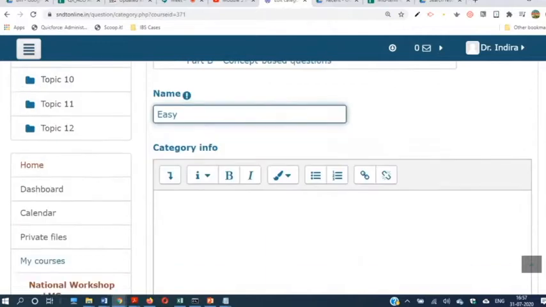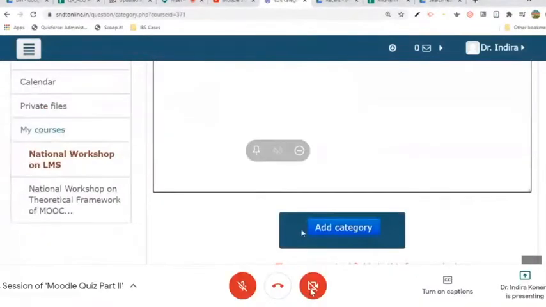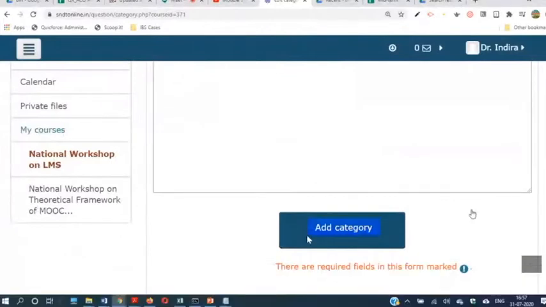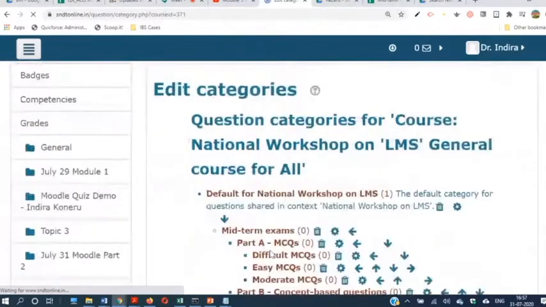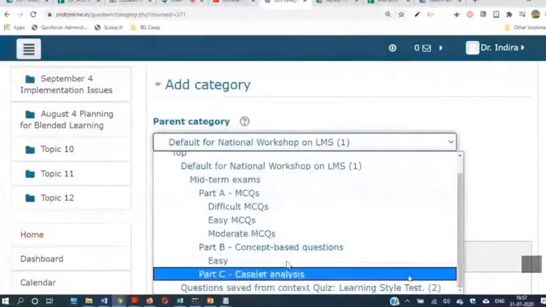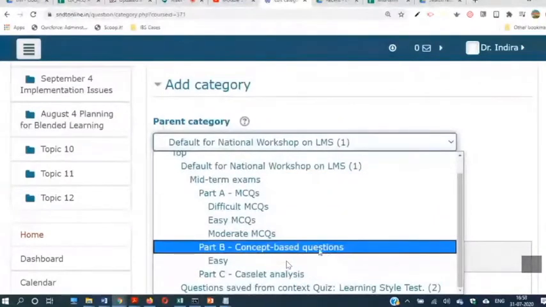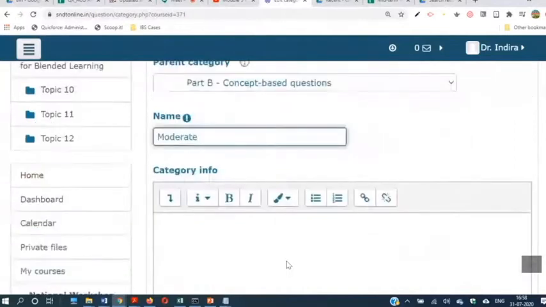Just scroll down. Category information is not mandatory. If you want to add anything here, then click on the button add category. Very simple. Just pick up the parent category under which you would like to create this subcategory. Then give a name to that as per your evaluation pattern. I am showing here our evaluation pattern. See, again, I'm clicking on Part B, and then I need to name it as moderate, add category,